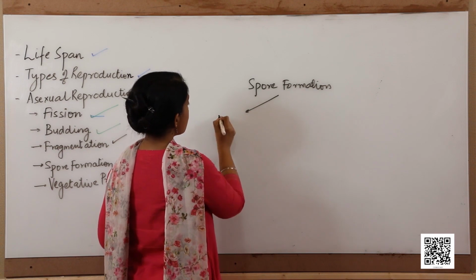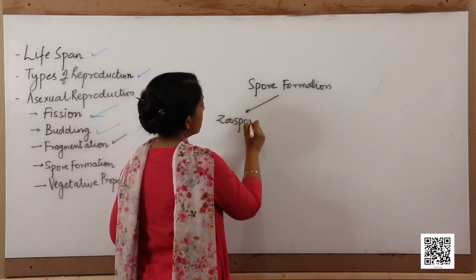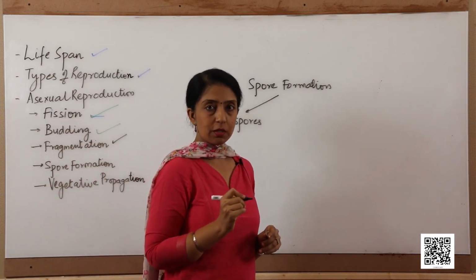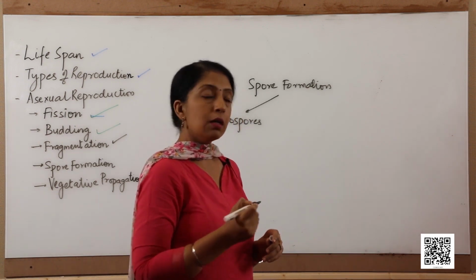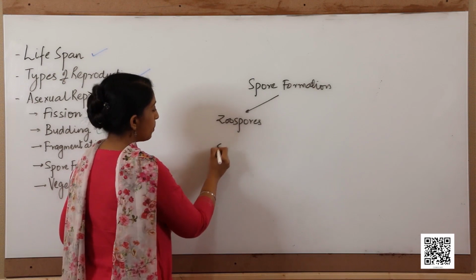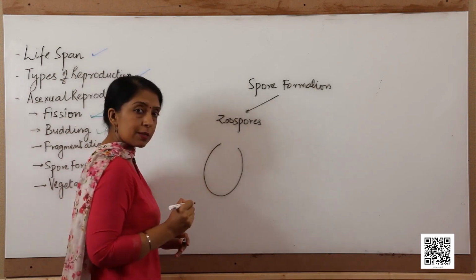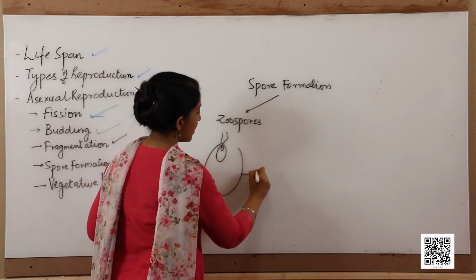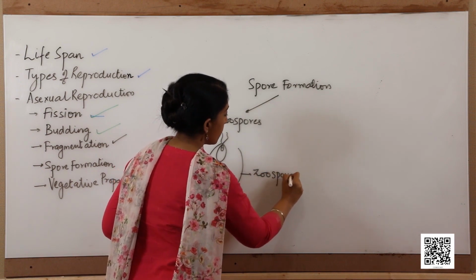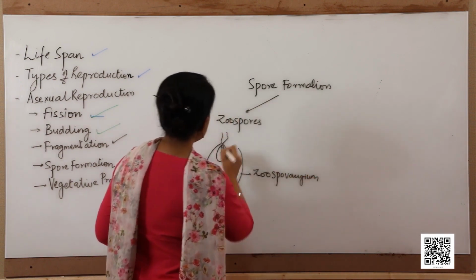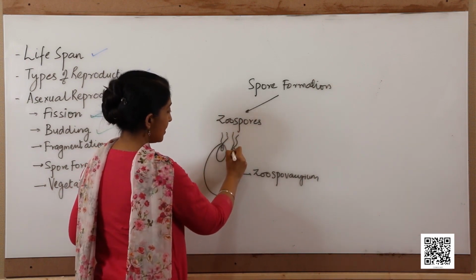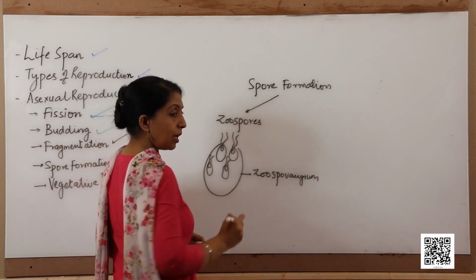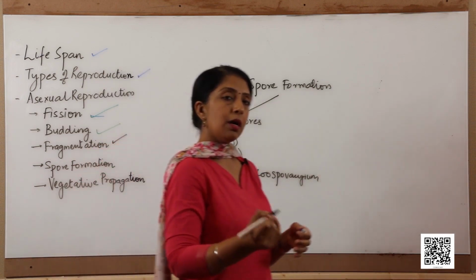So, one type of spores are the zoospores. The zoospores are the motile spores which are formed in aquatic individuals. The organisms that live in water, they form the zoospores. One example is Chlamydomonas. Chlamydomonas forms zoospores in specialized structures called the zoosporangium. These zoospores are single-celled and they are motile. They swim with the help of their flagella and they move in the water and they give rise to a